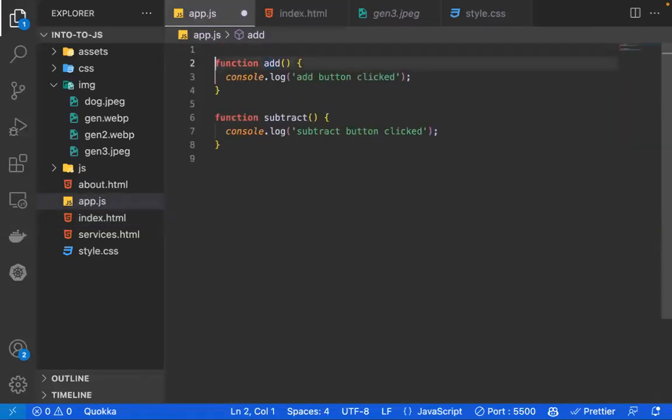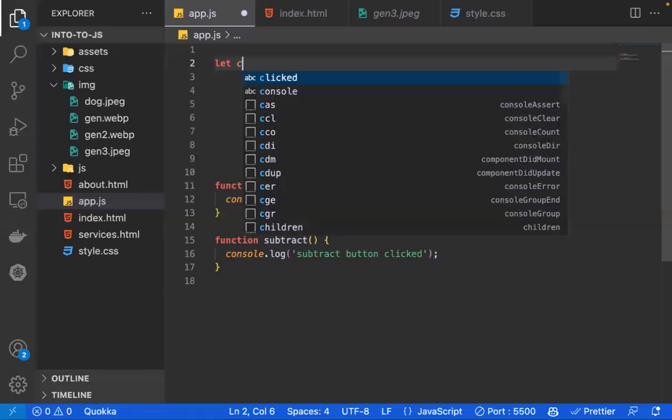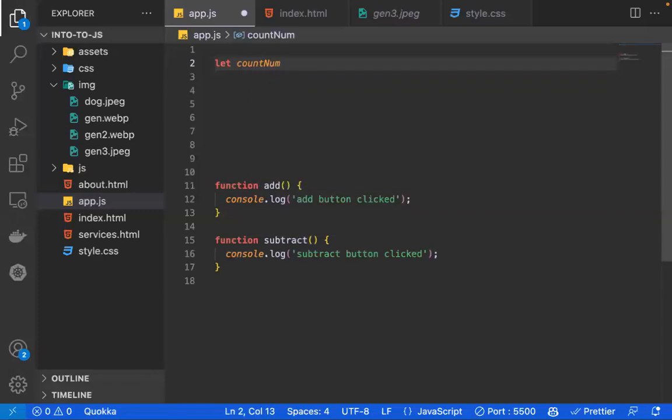Let's do that. Put your function up. It's good to declare everything you want to use above. Declare everything. So let's say count num. This is going to be the count num. Remember, we want to pass the 0 to the count num. Let count num be equal to